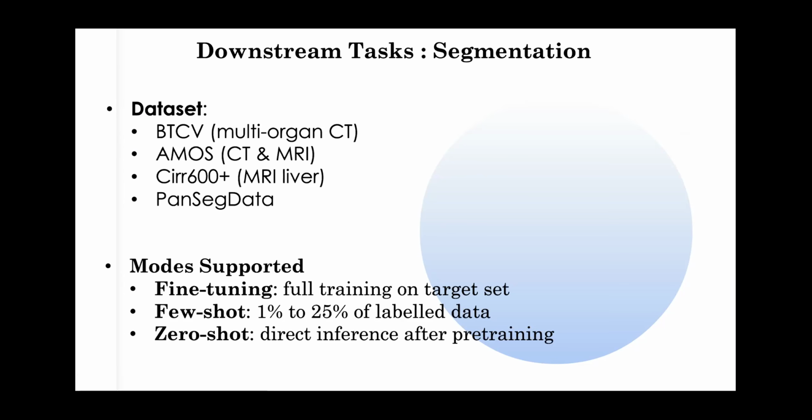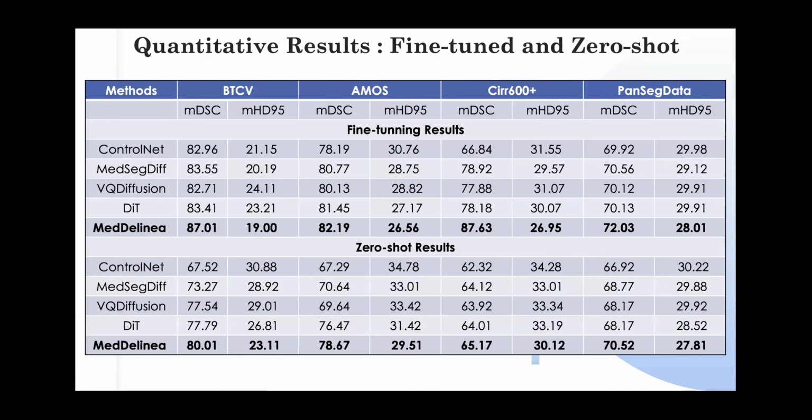We also check how direct inference happens in the zero shot manner, like if we just do not fine tune and do not pre-train, and just use the pre-trained network to do direct inference on any of these datasets, then how does it work? So if we see, even in the fine-tuned manner, our MedDelina